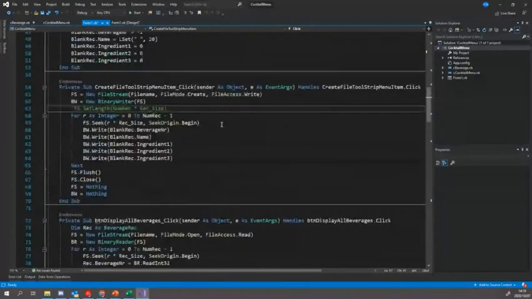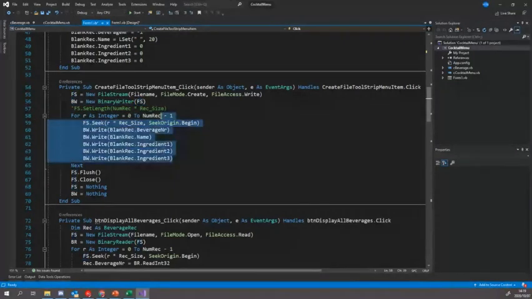Over here, we're creating this file essentially. So we've got our file stream, we've got our binary writer, and here we're writing information. Now, this is just representing blank information that we're writing. So I'm going to comment this out, and then I'm going to show you